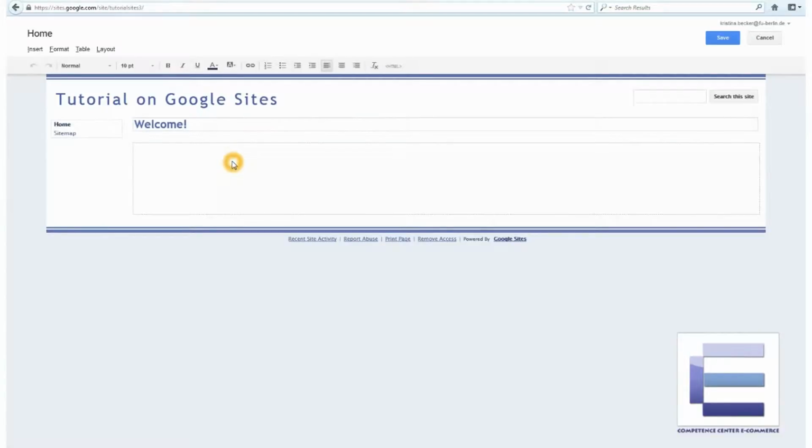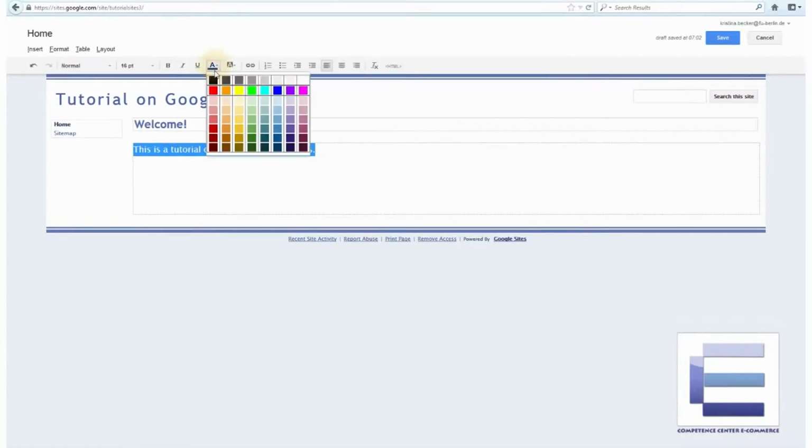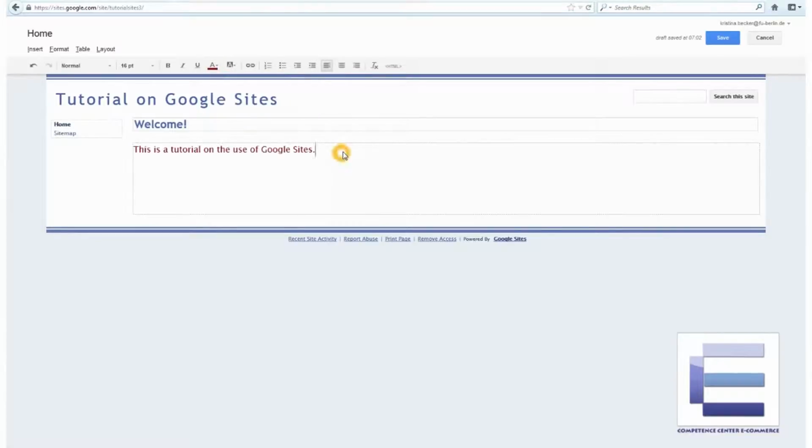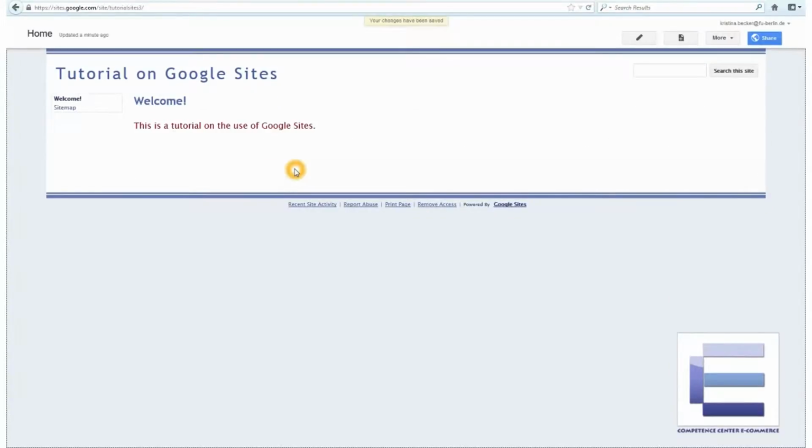and also the main content. We can also change the font or the size and also the color if you like, and do some other things just like with any common text editor. I will save these changes now with the save button on the top right, and then I will create some